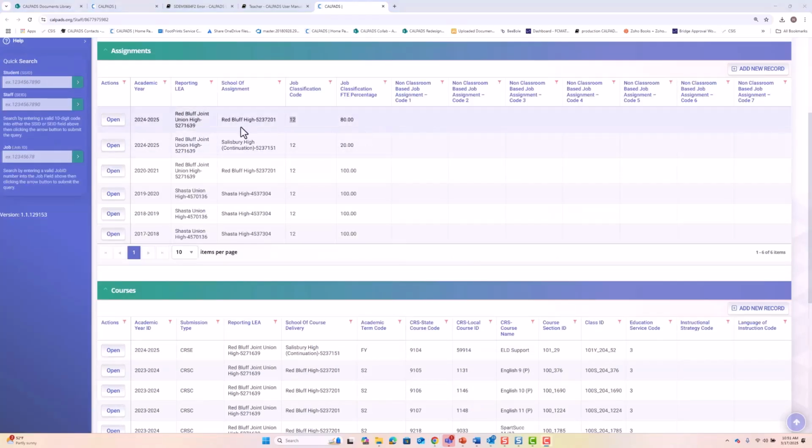And the other thing is if this teacher was reported on leave with the 6018, they would still need a course record or a second non-classroom based assignment. Staff records with the 6018 are reported with their normal FTE, whether that's 80, 100, what have you, but you're not getting 100 FTE to be on leave, right? You'd have that FTE related to your assignment. So if you were a TOSA or a program director, or if you were teaching courses, they would need to be reported. And that's for teacher assignment monitoring outcomes, the TAMO report. So those are the two things I just wanted to point out. All right, good luck in troubleshooting.